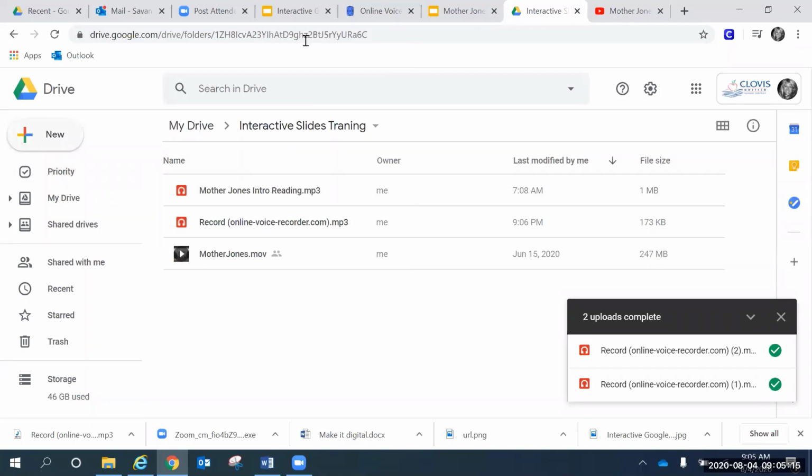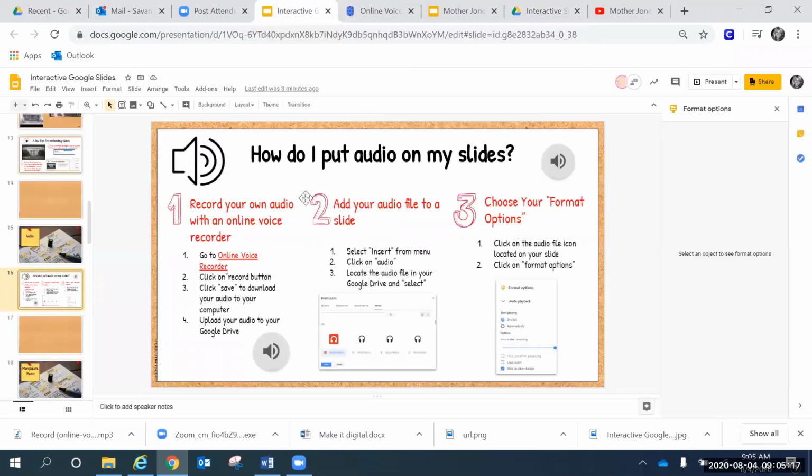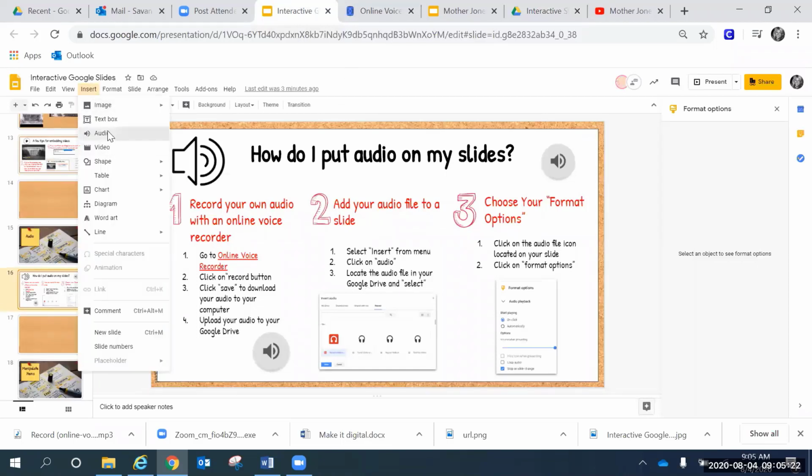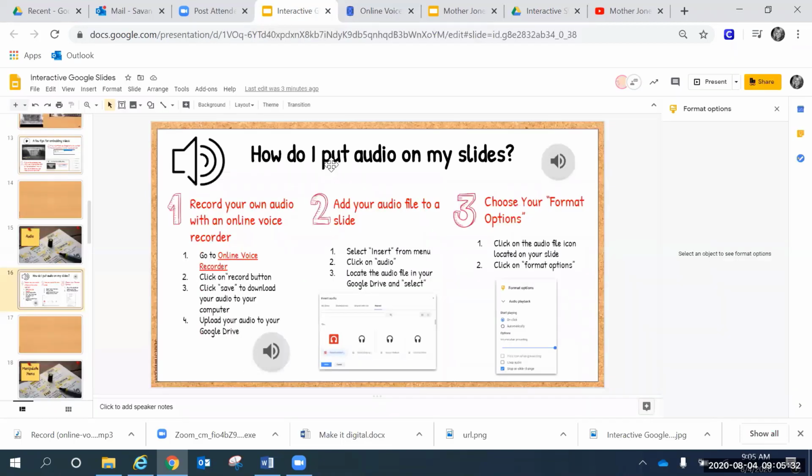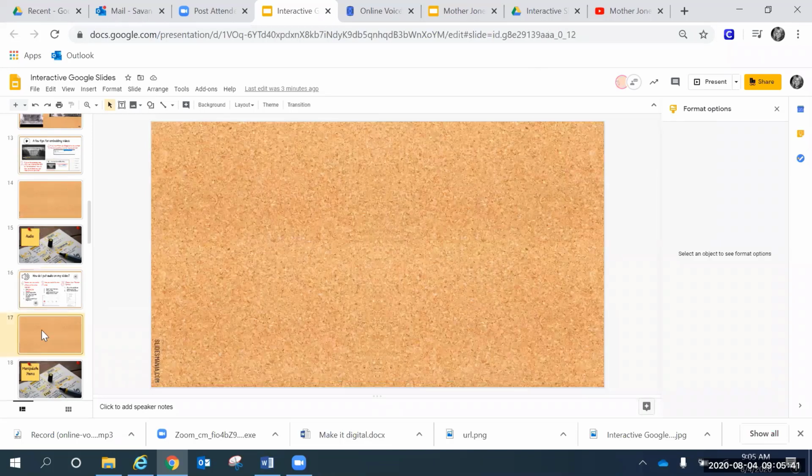Once it's in your drive, you can go to insert audio, and you can use this search bar and My Drive or Recent, and you can find those audio clips right there. So again, audio is a little bit harder, but I think there are so many ways that it could be valuable to students. That's something that I'm really going to play with this year. All right,